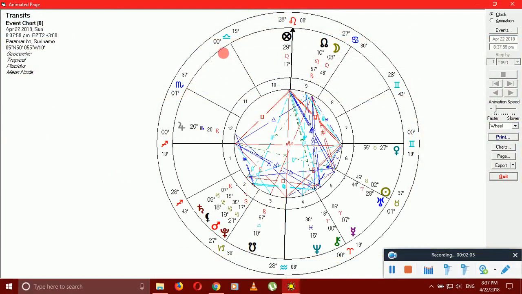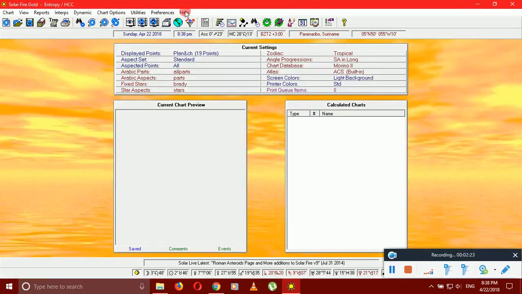And this is the chart that you can see. You'll recognize this from other previous videos that I've done on this same subject matter, other astrological related videos that I've done, and all the data is displayed here. Everything is simply amazing. This software is simply amazing overall, okay. This is an animated page. You can do anything, okay.